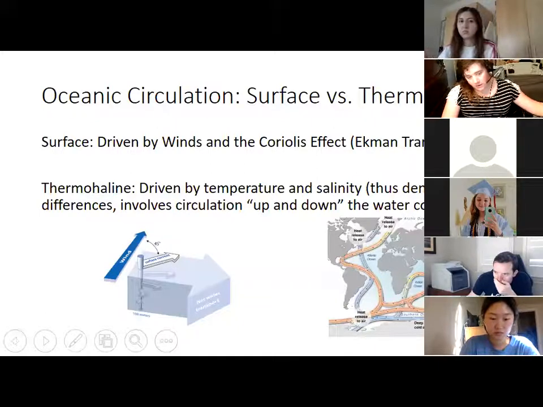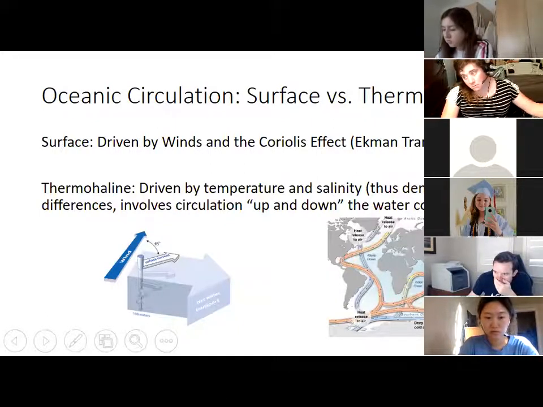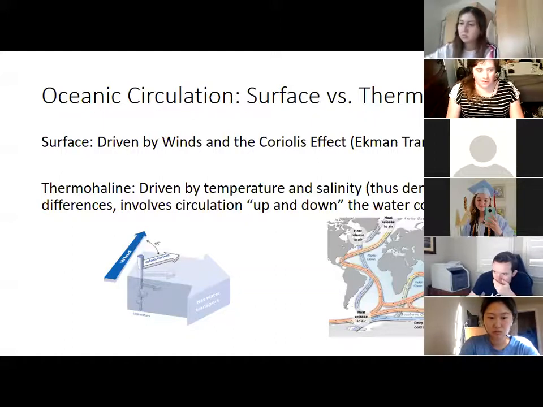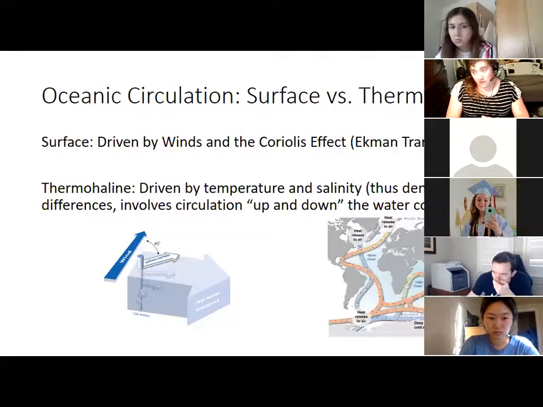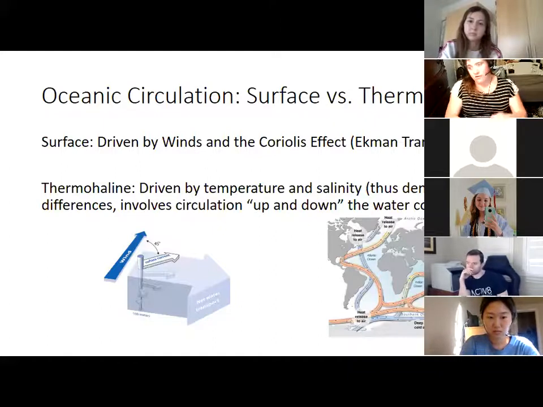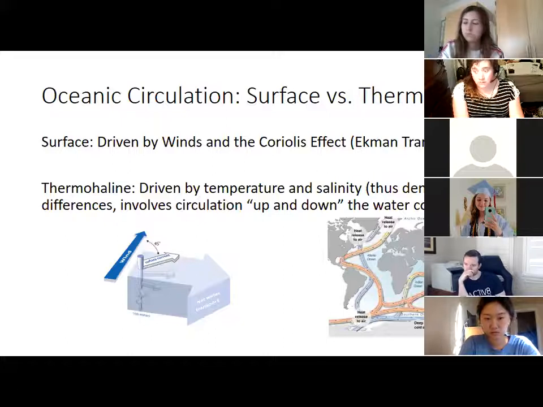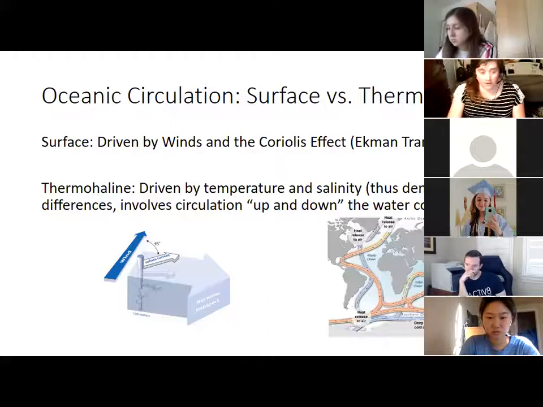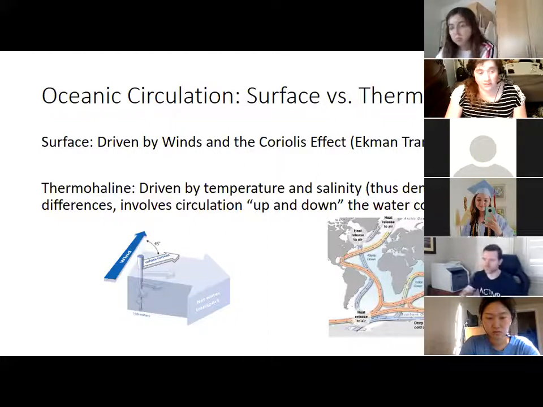However, the Coriolis effect causes the water that's being moved by the wind to get deflected a second time, essentially. And what you need to know basically is that this second deflection is also either going to be to the right in the northern hemisphere or the left in the southern hemisphere of the wind direction. Whichever wind direction is given, the ocean water is either overall going to move in a direction that's 90 degrees to the right of that original wind direction in the northern hemisphere, or if you're in the southern hemisphere, it'll be 90 degrees to the left.